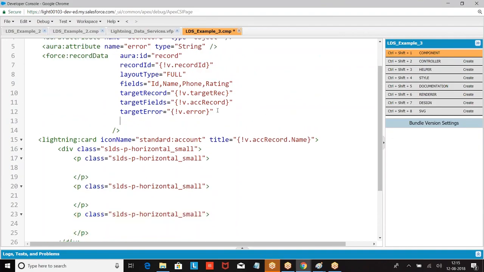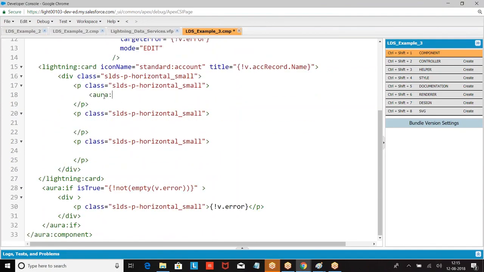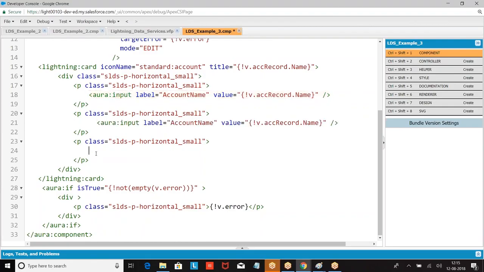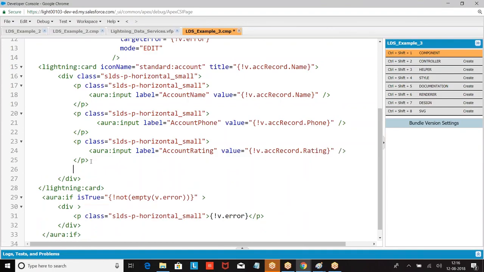So here I was supposed to give mode equal to, then I'm giving here value equal to v dot, then at the bottom I'm creating a button.